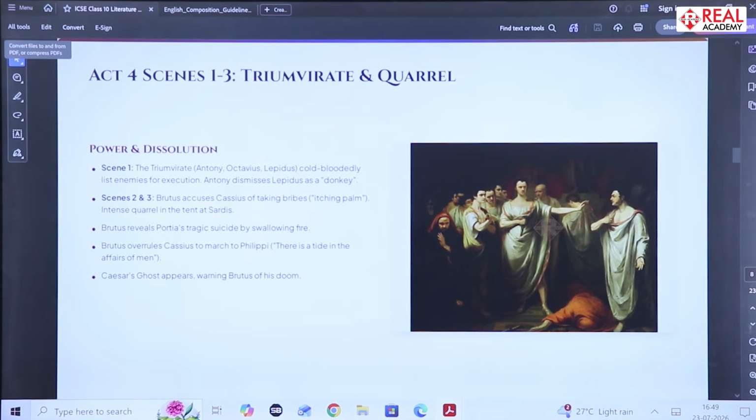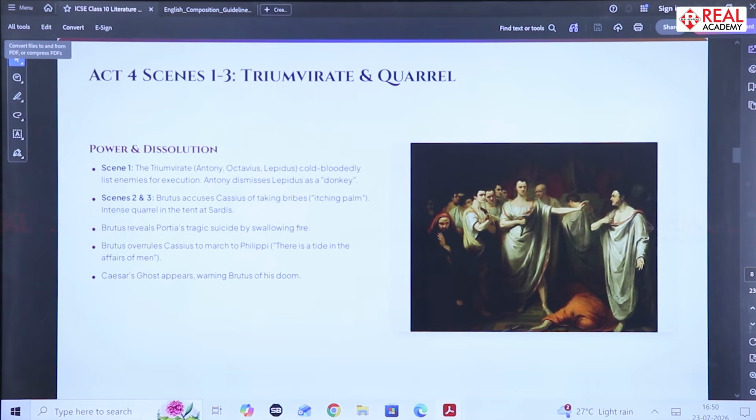When Cassius arrives, Brutus welcomes him respectfully but immediately asks him to enter the tent so that they can discuss the disagreement away from the soldiers. Significance of Scene 2: it introduces the growing tension between Brutus and Cassius, shows Brutus' maturity and leadership quality, highlights the importance of unity among the conspirators before the coming battle, and prepares the audience for the emotional and dramatic events of Scene 3.